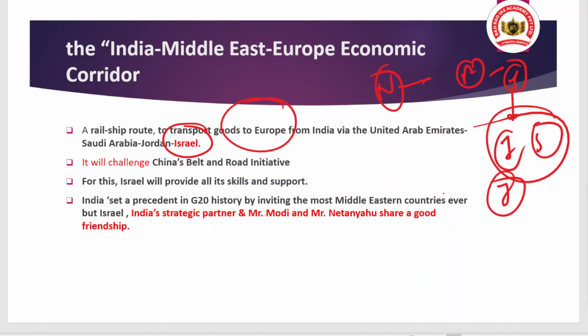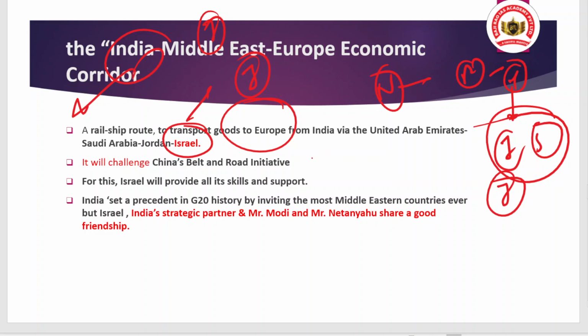Okay, so we have Israel as a participant, but you can see that India didn't invite Israel to the G20 meeting, despite many countries that were not members of the G20 being invited. So why Israel was not invited, we will understand in this discussion as well. And also, this concept of the India, Middle East, Europe Economic Corridor will be a challenge to China's Belt and Road